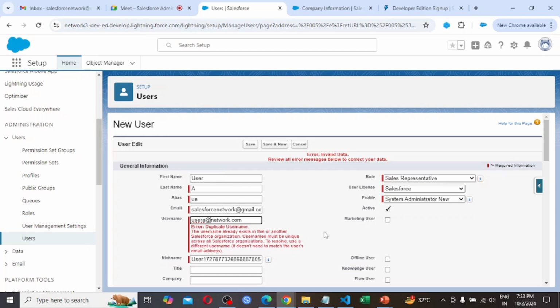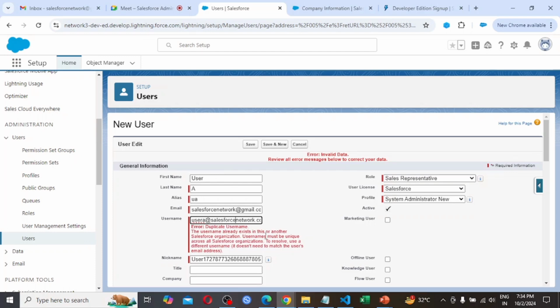As you had created the Gmail account, this Gmail account is going to be unique in whole world. So by your email ID, no one else is going to use that mail ID for sending or receiving the mail. Only you are the person who is going to send or receive the mail by that email ID. Like that only, here also someone is using this userA@network.com. So I have to modify this username.